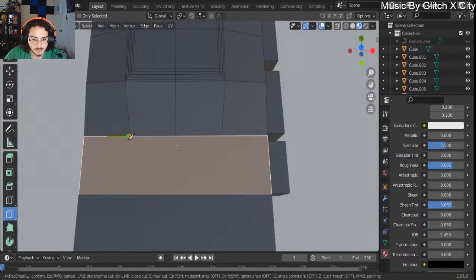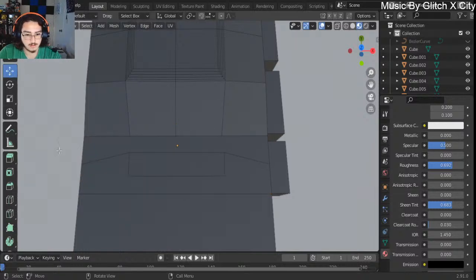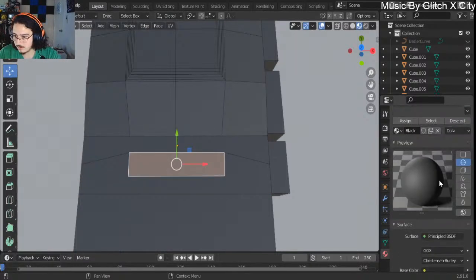So weird. I don't know why it's jumping like that. There we go, click there, click there, click there. Can I just cut out the piece I want? Yes, I can! I want to